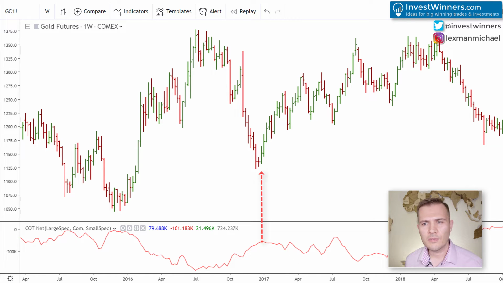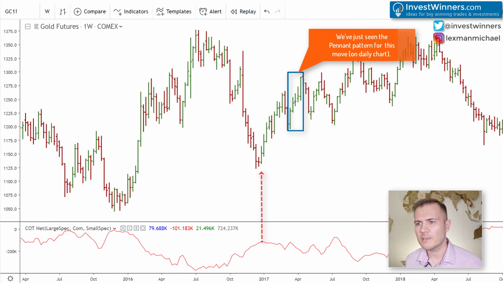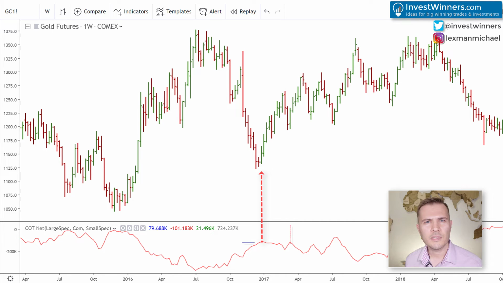Please note, the previous 9-week upward price movement for gold started when the commercials positions reached this level, and here is how the pennant pattern's uptrend looks on weekly chart. The uptrend started right after the commercials net positions reached the same level where the previous upward trend move started. Thus, based on big capital behavior, we learned in advance about the coming rally for gold.